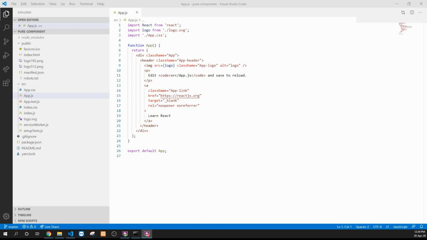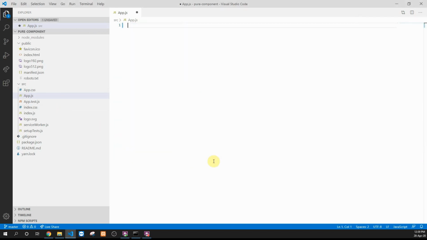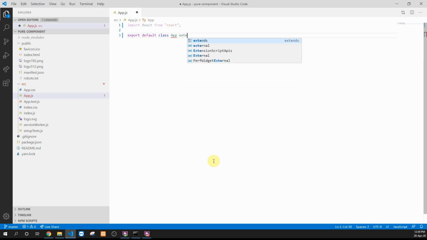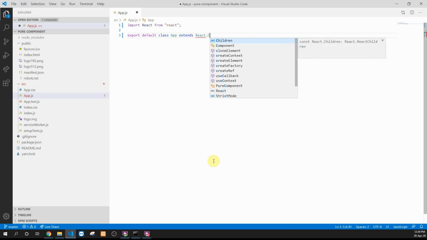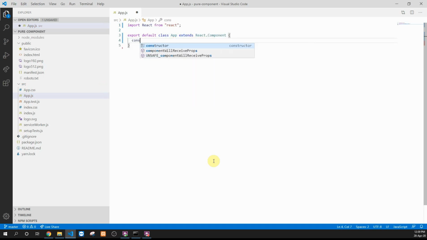So over here we have a functional component displayed. What we'll do in this session is replace this functional component with a class-based component. So I'll select the entire component and delete it. Next, I'm going to put down a very small class-based component. So we'll use import React from React and we'll export by default a class component named App, which extends from React.Component.